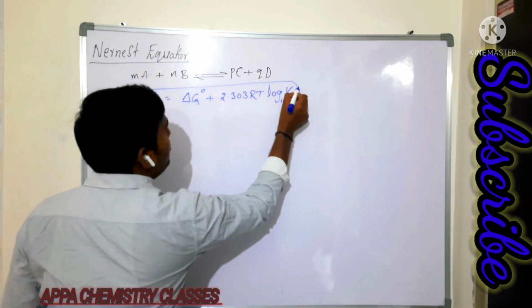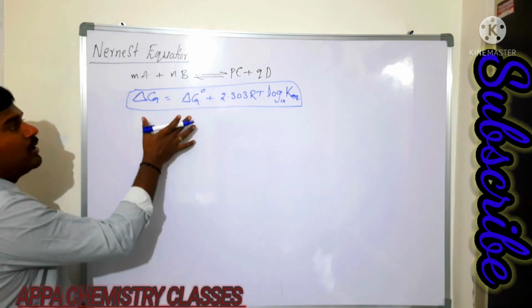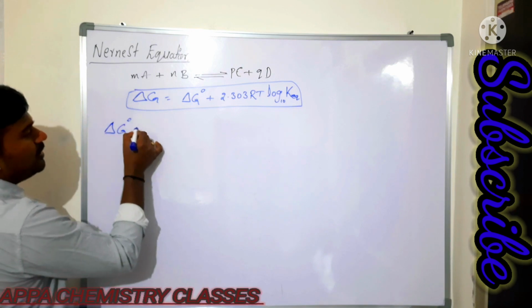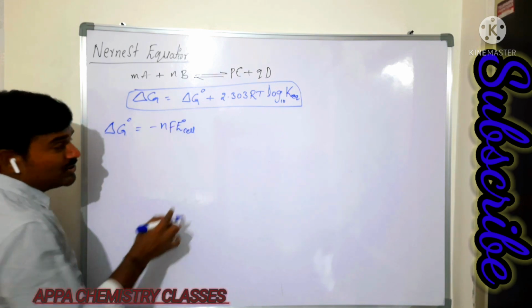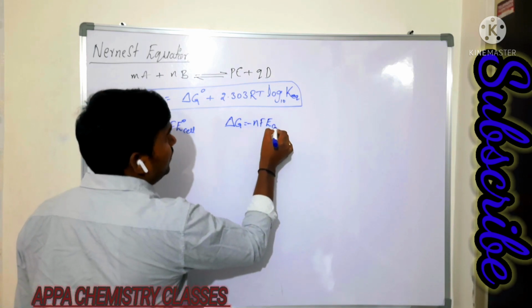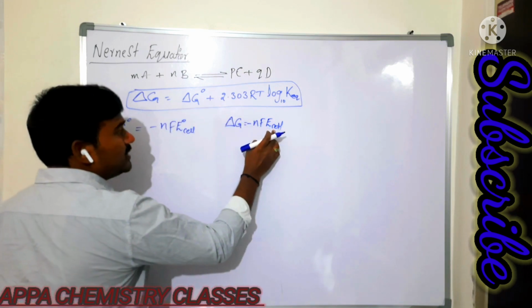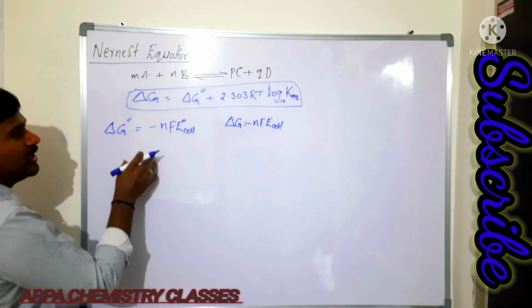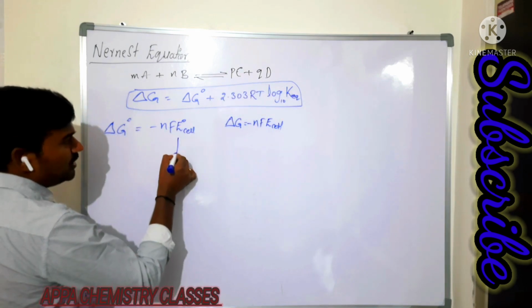This is a relation which we learn in chemical equilibrium and also get in thermodynamics. Now you see, in the last class we had seen what delta G is here. Delta G naught is nothing but minus nF E naught cell. And delta G is equal to minus nF E cell. E naught cell is the electrode potential calculated at standard condition, while E cell is at normal conditions. Now you substitute these two values, then we will get the relation between electrode potential and equilibrium constant. How are you going to get that equilibrium constant?